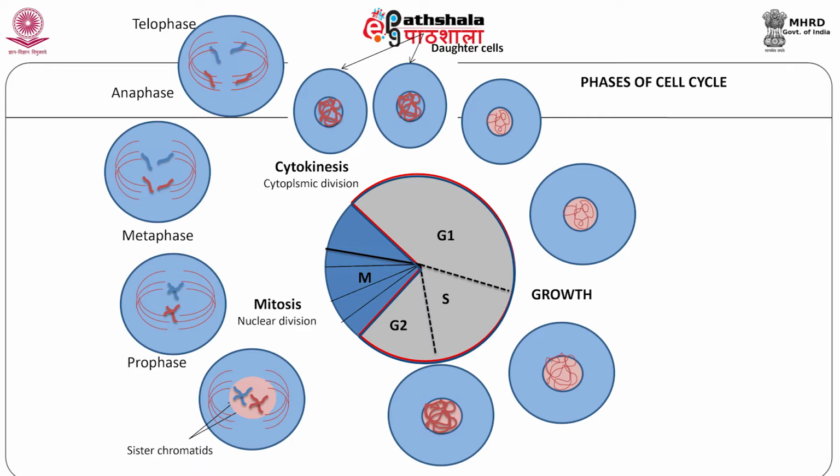Once DNA replication is complete, the cell contains twice its normal number of chromosomes and becomes ready to enter the phase called G2. G2 phase, or gap 2 phase. Similar to G1, G2 is an intermediate phase, a time for the cell to ensure that it is ready to proceed in the cell cycle, occurring between the end of DNA replication in S phase and the beginning of cell